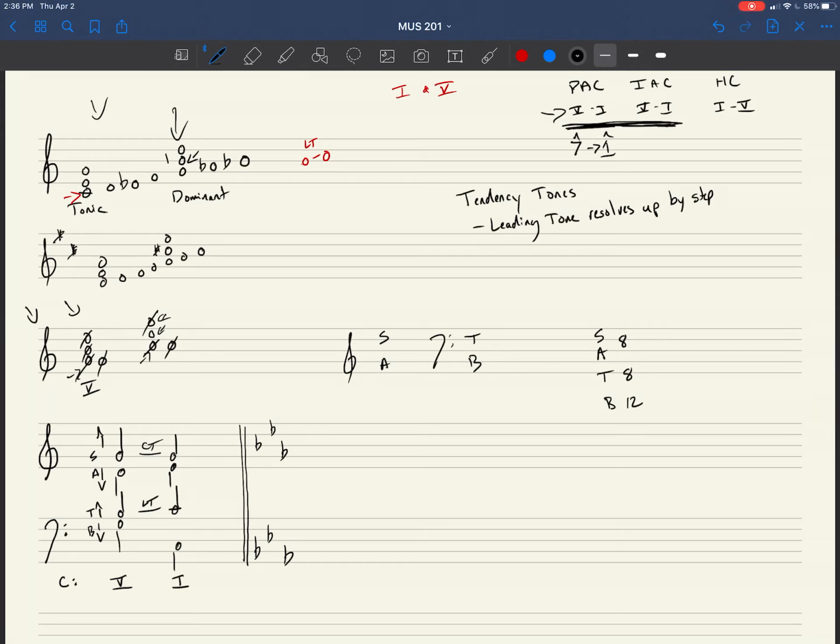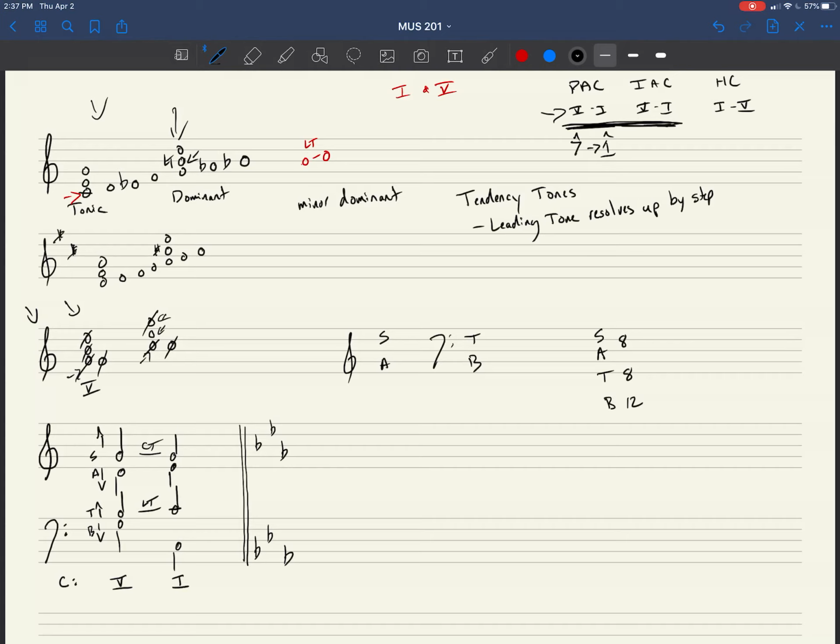So what ends up happening is in a minor scale, the dominant is minor. So we call that a minor dominant. And we need to avoid having a minor dominant at a cadence. So the way we fix that is we just raise the third of the 5 chord and make it natural. And that's very important. If you don't have that raised natural, or it could be a sharp depending on the key, but if you don't have that raised leading tone, it's not a leading tone, it's a